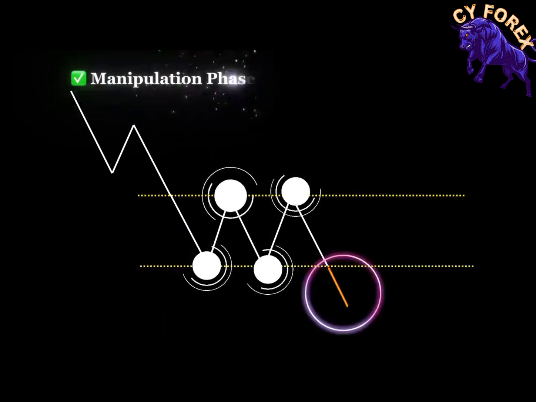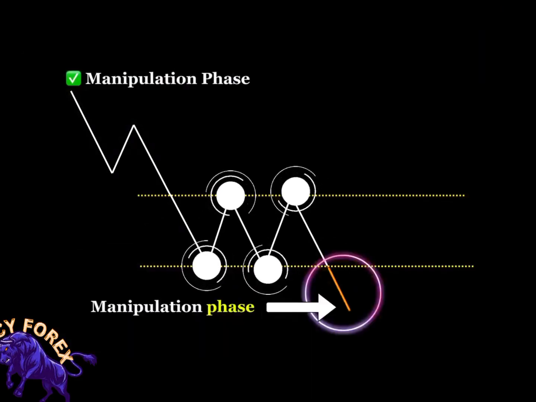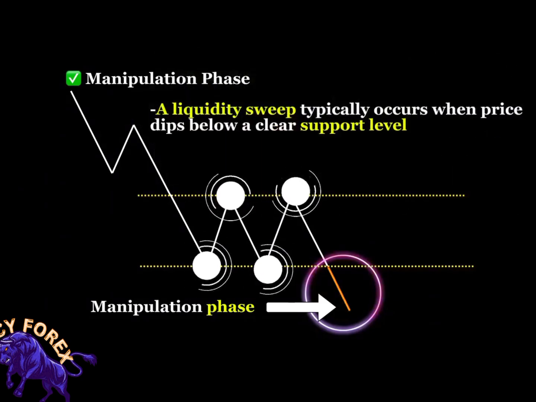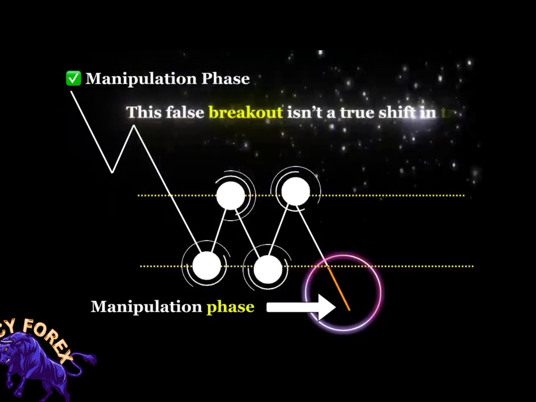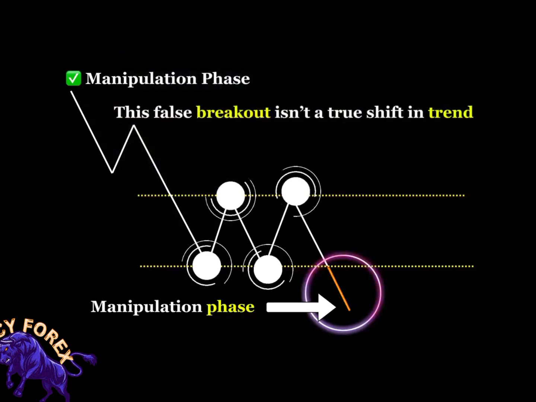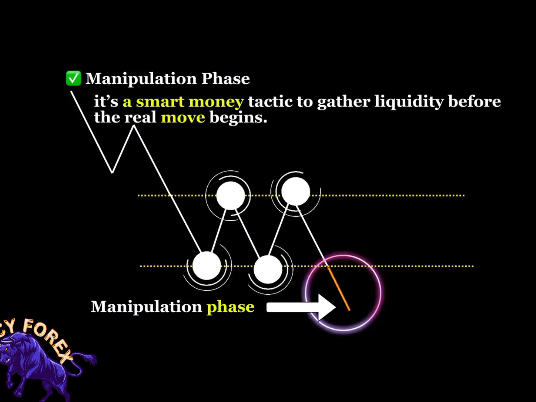Next comes the manipulation phase, where the market fakes a breakout to the downside or upside. This move is designed to trap retail traders by triggering stop losses and luring in breakout traders. It's a classic liquidity sweep, engineered to collect orders from unsuspecting participants. A liquidity sweep typically occurs when price dips below a clear support level and then snaps back into the range. This false breakout isn't a true shift in trend, it's a smart money tactic to gather liquidity before the real